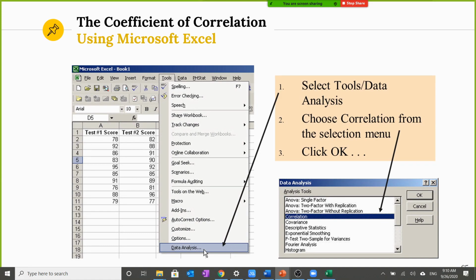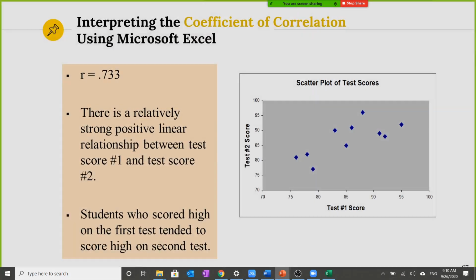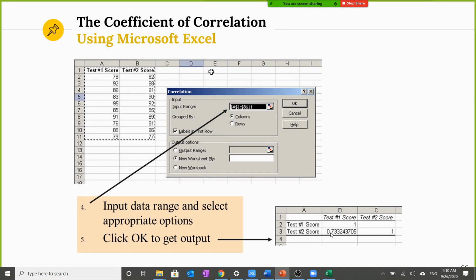Okay, this is how we create it. You will learn this in our practicum. The practicum is quite simple. It's already integrated with this tool pack, so you can just choose data analysis. You can drag and drop the input, then you will get this r score, or the correlation. As you can see, you have this test 1 score, test 2 score. You have around 10 data points for each variable. You can calculate this one, and you can see the correlation.